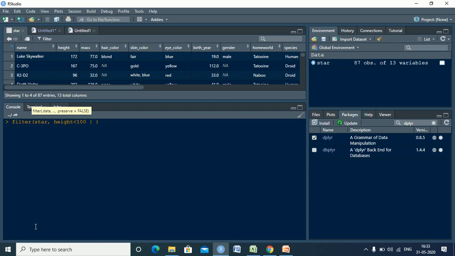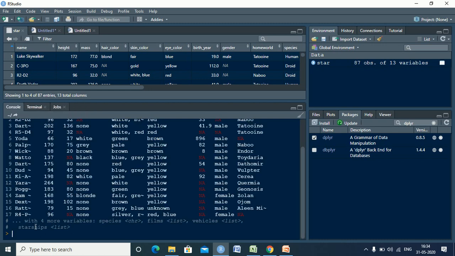So the height should be either less than 100, or your eye color should be equal to yellow, right? So we are giving here an OR option, and then click enter, right?